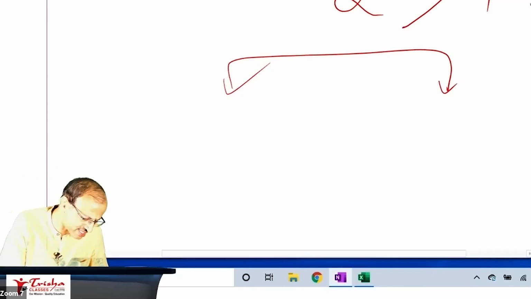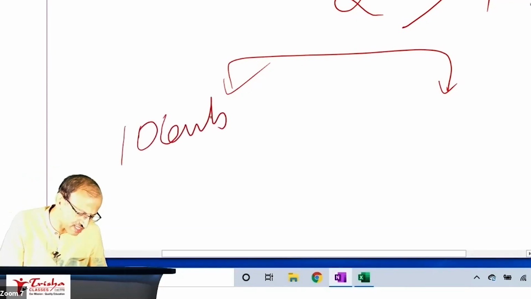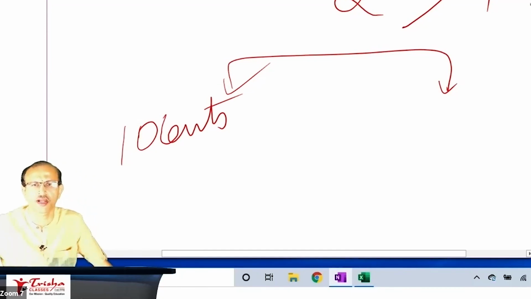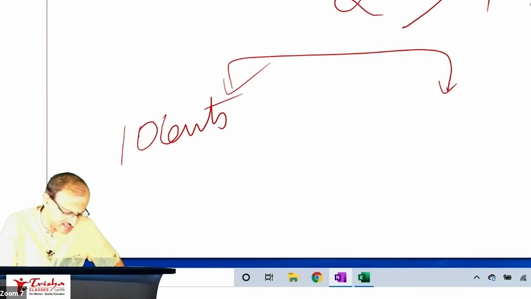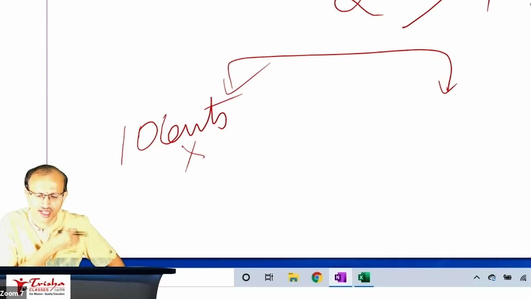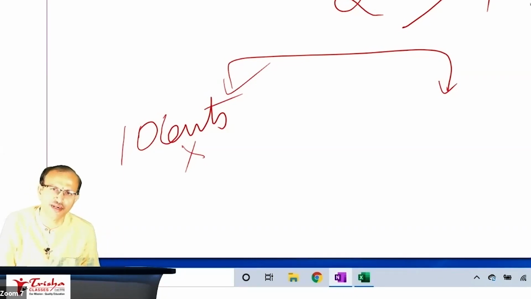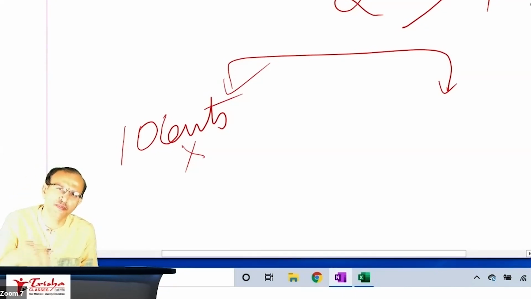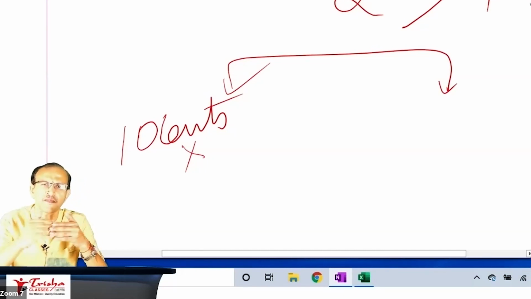There were 10 cents. The measurement here, in the south part of Karnataka, is in cents. So 1 cent will cost, I thought, 5 lakh, 6 lakh. That was the pricing I considered. But my owner is a very different kind of fellow. His name is Babanna. What Babanna is saying is, Gopal, you buy it. No, there are many people who wanted to buy that. Final pricing has not happened.